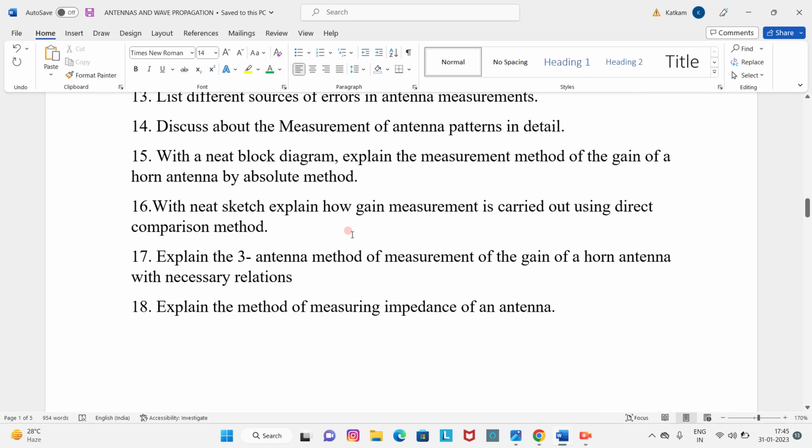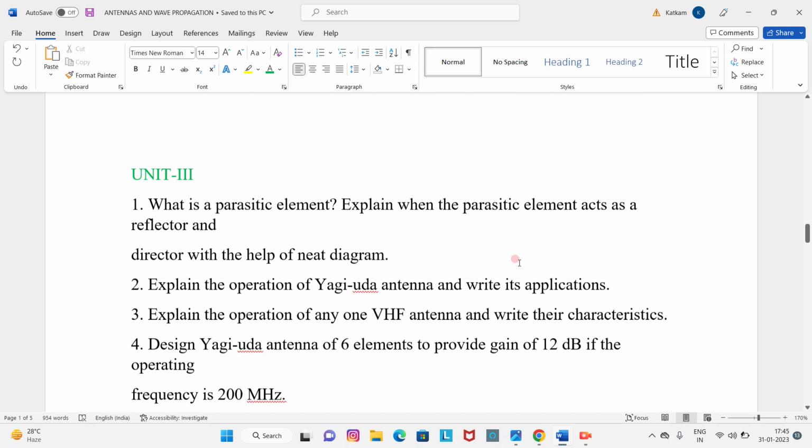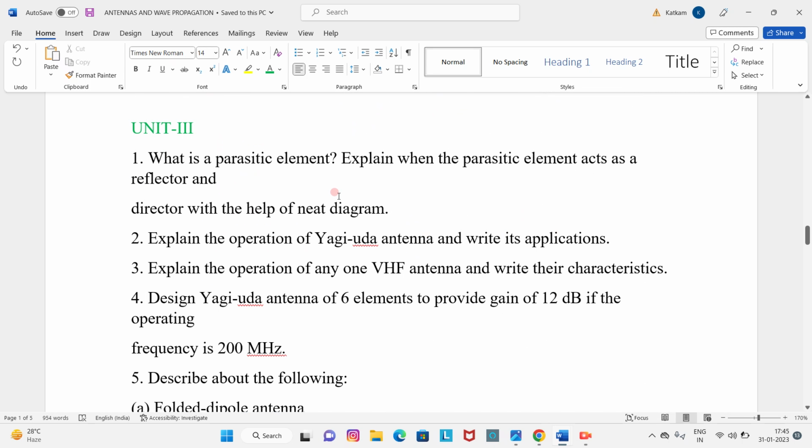Now we have come to the third unit. In the third unit, what is a parasitic element? Explain when the parasitic element acts as a reflector and director with the help of a neat diagram. Second question, explain the operation of Yagi-Uda antenna and write its applications. Third question, explain the operation of any one VHF antenna and write their characteristics. Fourth question, design a Yagi-Uda antenna of 6 elements to provide a gain of 12 dB if the operating